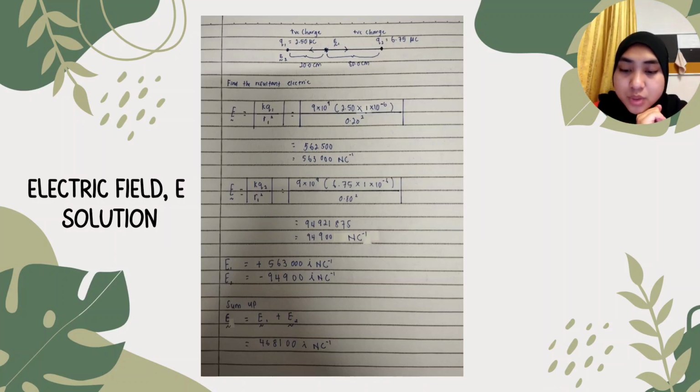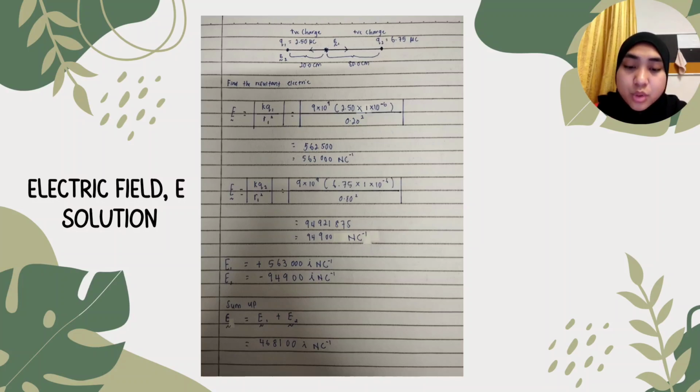Here, we use E equals kQ over r squared. As we can see, k is 9 times 10 to the power of 9, and then times Q1, which is